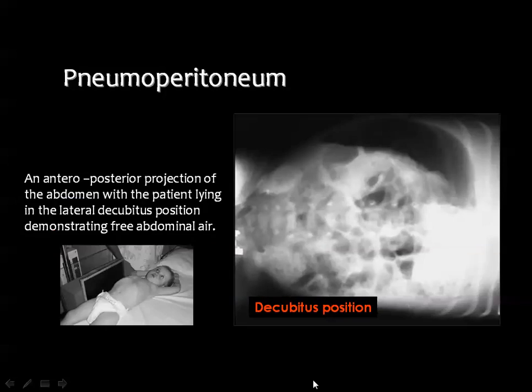Then sometimes you are not able to have an erect chest X-ray for the diagnosis of pneumoperitoneum, and the alternative is the cross-table lateral view of the abdomen. You know that air will rise up under the abdominal wall, and then you can see this air and you